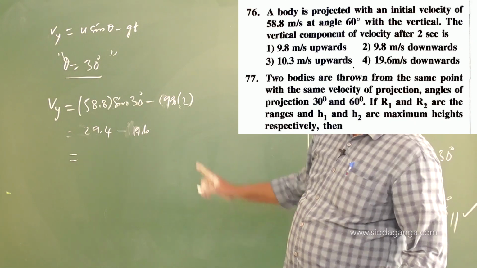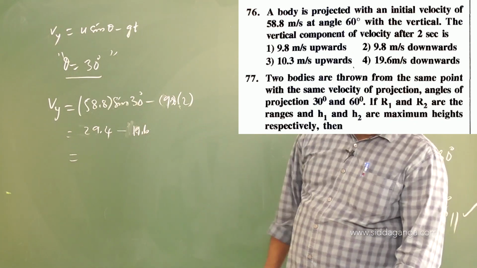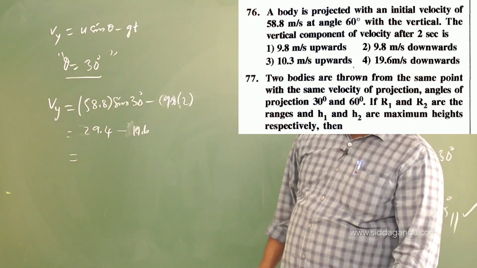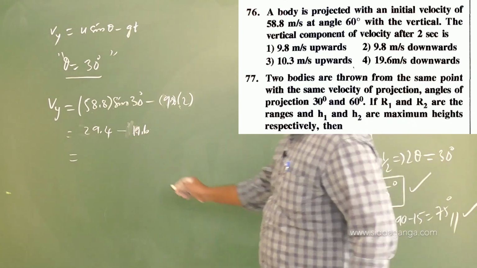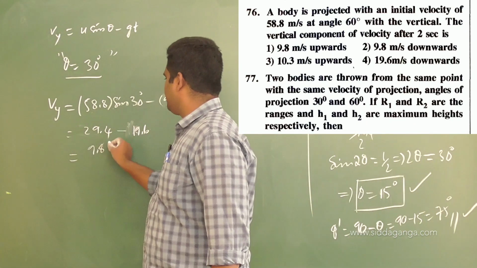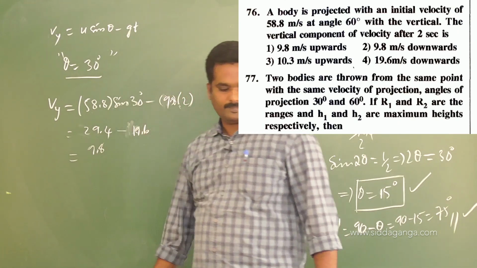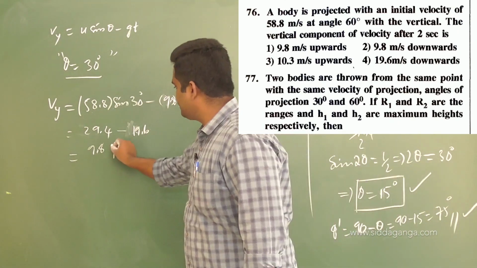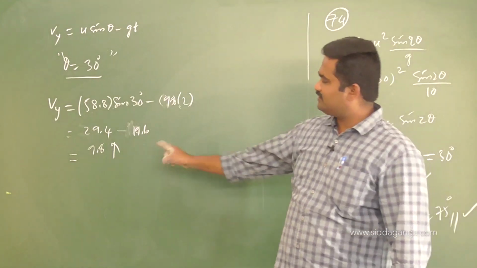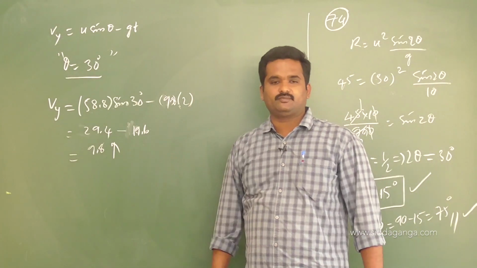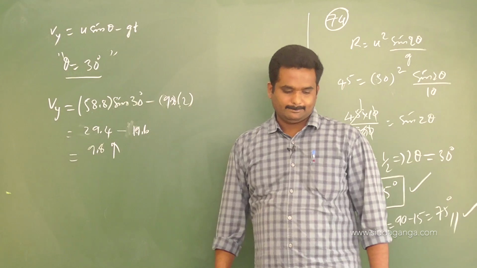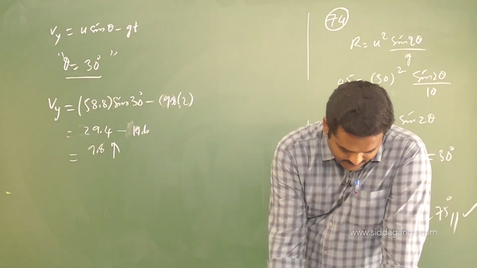Since this value is positive, right, it will be upward. 9.8 meter per second square upward means the first option you are going to get here. This is the value. If this value is negative, the vertical component is negative, means it will be in the downward direction. Just have the difference of it. Next,